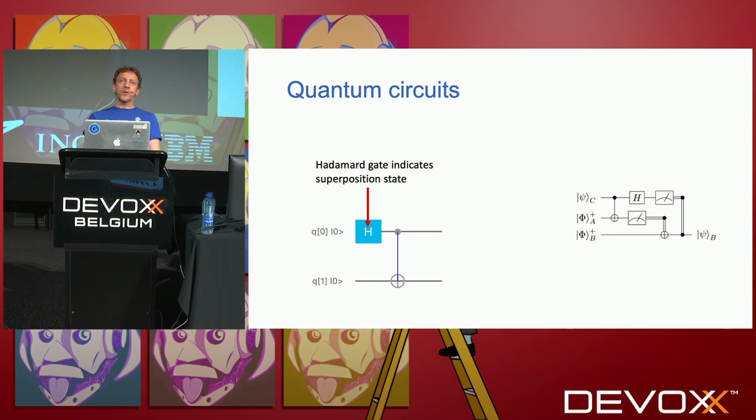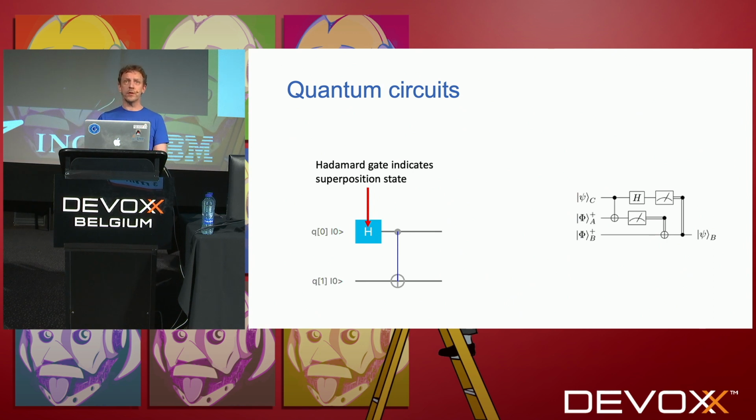So quantum circuits are actually similar to classical circuits where we have gates. We have the logical AND gate and OR gate in classical computing. We have gates in quantum computing as well. And the circuit that you see on the right is actually a very short description of how we can somehow